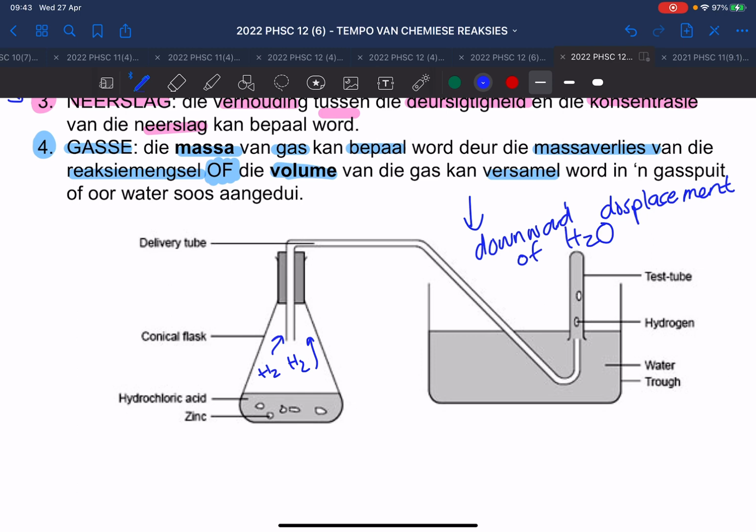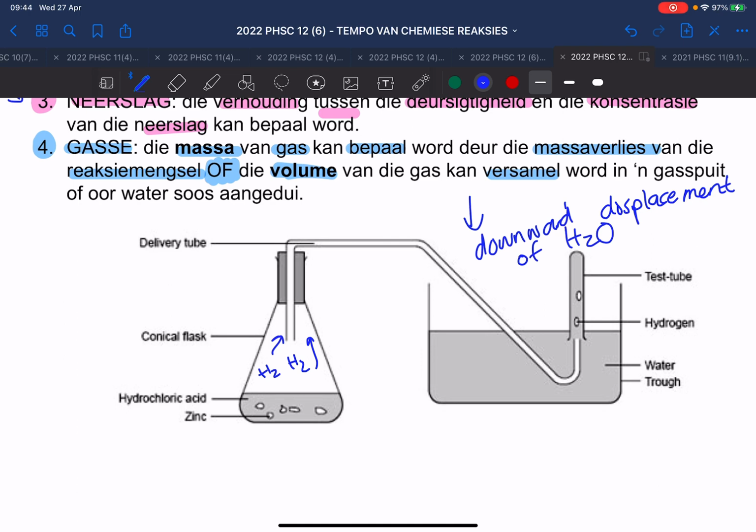Okay? Goed, hierdie ons praat van 'n Erlenmeyer fles. We call this an Erlenmeyer flask. Okay? Dan is hier 'n stopper, 'n klipprop, and there's a delivery tube. It's a glass tube that is bent and it goes down and down. Here we have a water bath, a waterbad, met water in. And then you have a test tube that you fill with water. So you have a proefbuis wat jy vol water maak en dan sit jy hom so onderste bo.